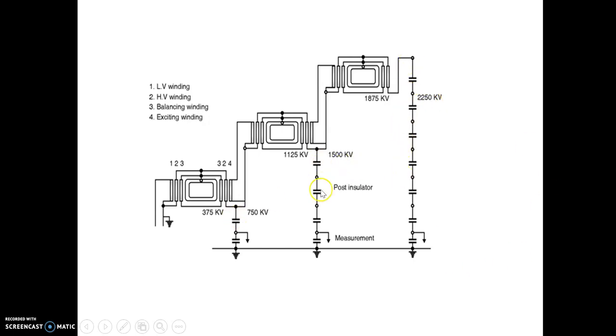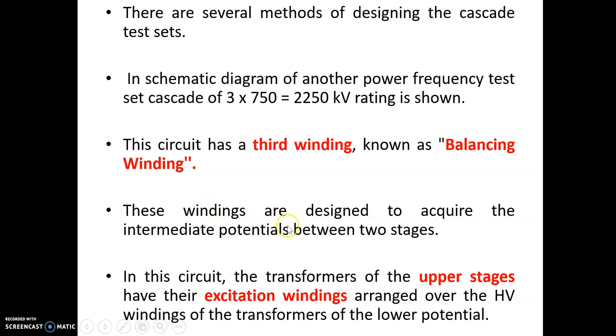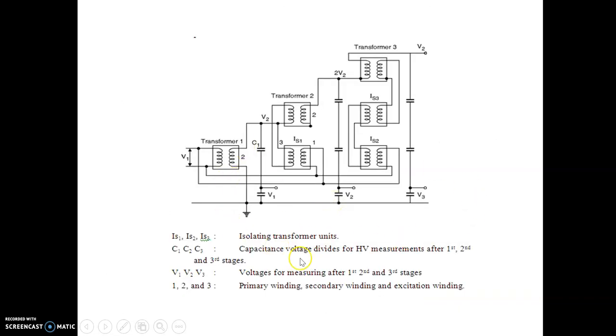Now here capacitance dividers are shown. You will wonder why these are there. We have seen in measurement methods that a capacitance divider or resistor divider can be used for measurement of high voltage. If you want to measure, you can connect the capacitance divider. Again, with another tapping you can take different voltage levels. So read all the connections and how the excitations are done. I told you from the figure. So you can use this for solving problems.